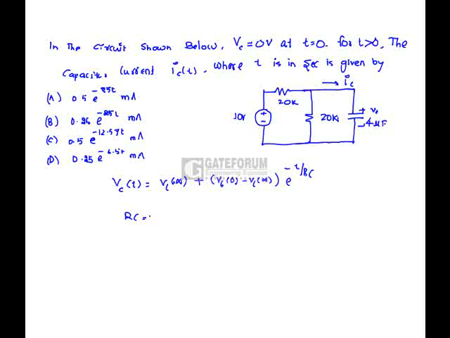Here RC is nothing but 10 into 10 power 3 into 4 into 10 power minus 6, so 40 into 10 power minus 3. In the Vc of t equation, Vc at t equals infinity, the capacitor acts as an open circuit. That means the 10 volt source is equally divided between the 20 as well as the 20, so 5 into e power minus t by